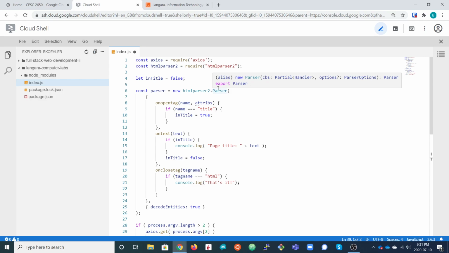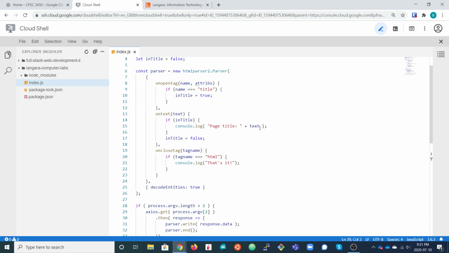For all the other elements on the page, we don't really care, but when we're in the title element, we are interested in that content. The parser is going to move its way through the HTML, and we start by assuming that we are not inside the title element.